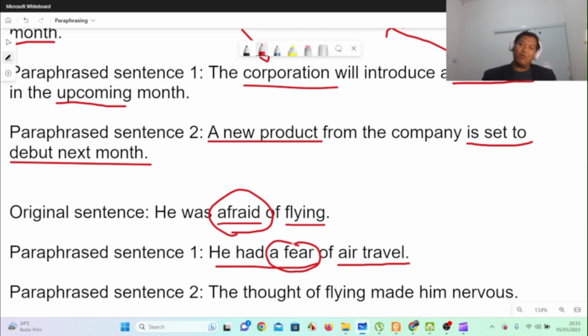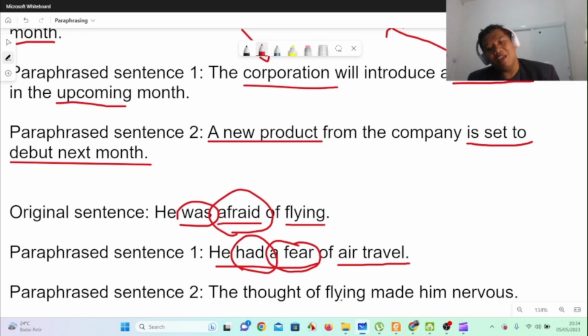So when you change the word, you can also change the part of speech, which automatically means that you change the structure as well. Because when you use an adjective, you have to use a verb to be. But when you change it to a noun, now you have to use the verb to have, basically changing the structure a little bit and showcasing that you know more auxiliary verbs, right? Let's see the second example.